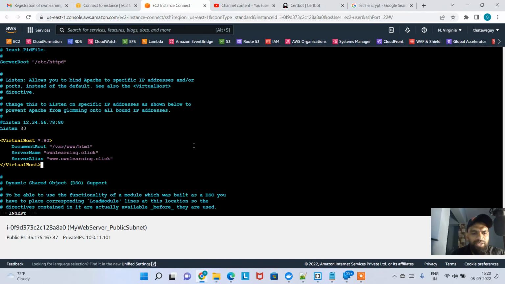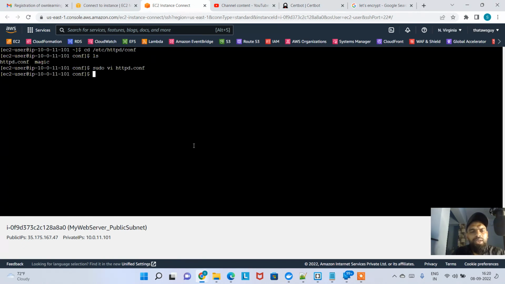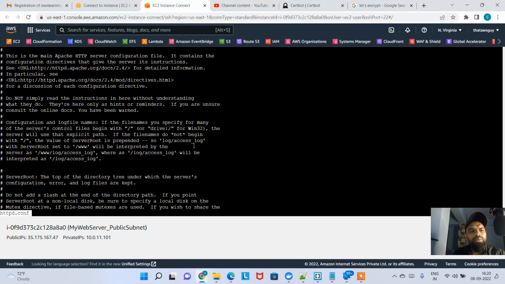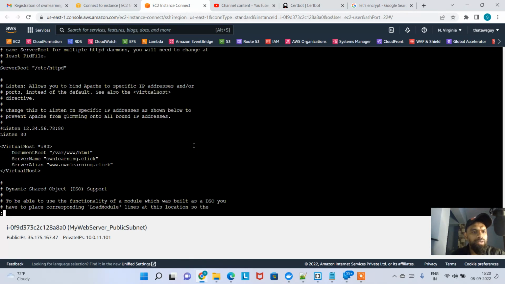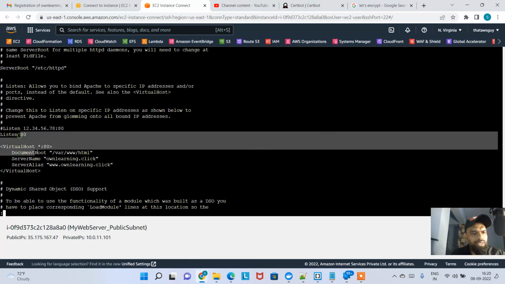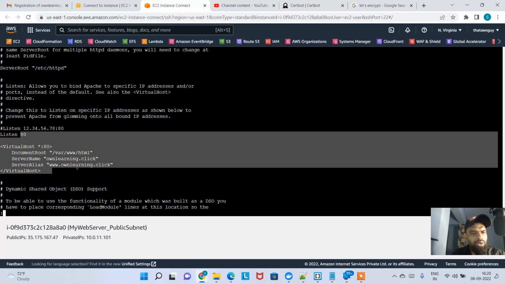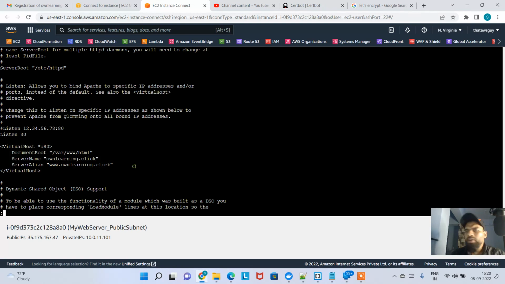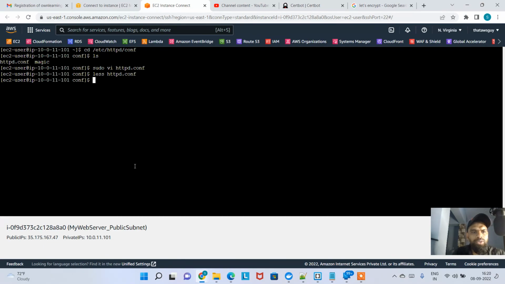Now save the file: escape and then shift ZZ, so it is saved. To make sure the file is done, you can type less httpd.conf, press the F key, which will move forward, and then search for Listen 80. Yes, it is done. ownlearning.click and www.ownlearning.click, it is done. Now what you're gonna do is sudo